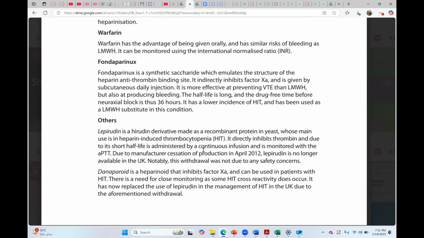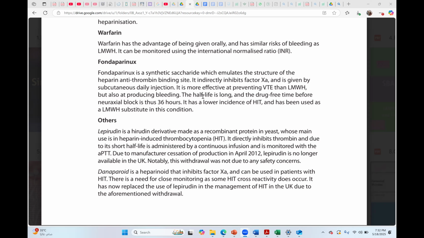FFPs, vitamin K, and for acute reversal there are PCCs, prothrombin complex concentrates. Very good. And there are three-factor and four-factor PCCs. So what are those factors? 2, 7, 9, 10, or 2, 7, 9, I think. You can reconfirm. PCCs are of two types, one with three factors and one with four factors. You should know the difference between them. I think one is 2, 7, 9 and one is 2, 7, 9, 10. You can confirm it; I don't remember exactly.